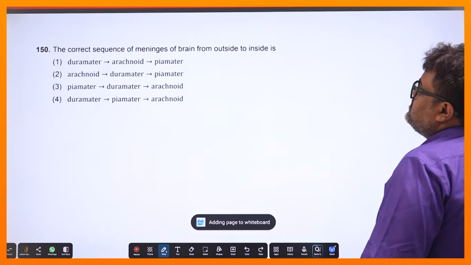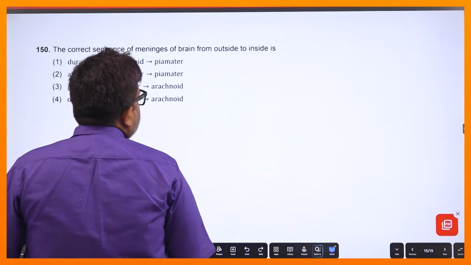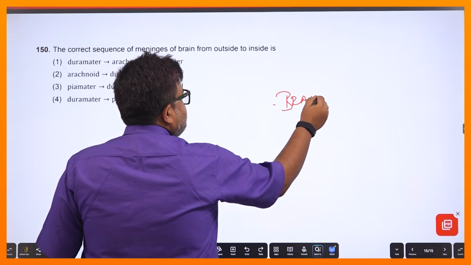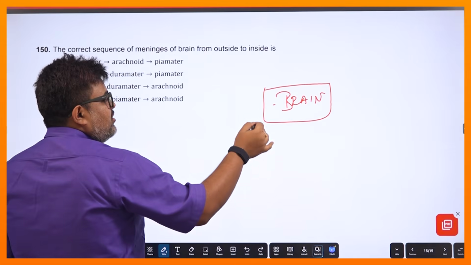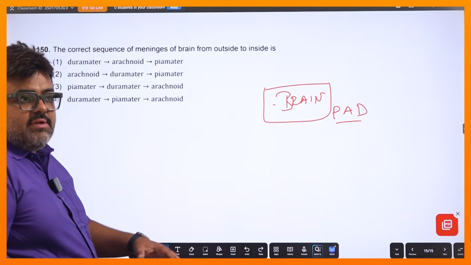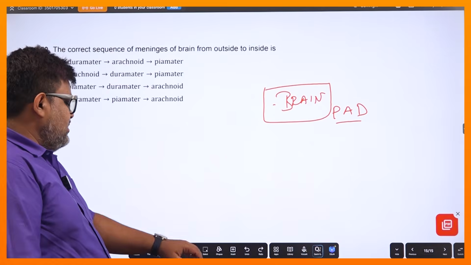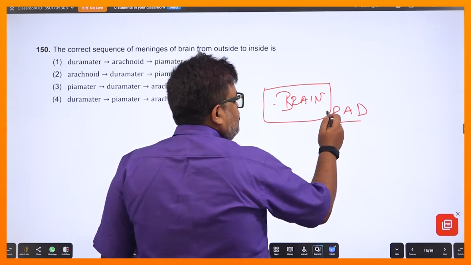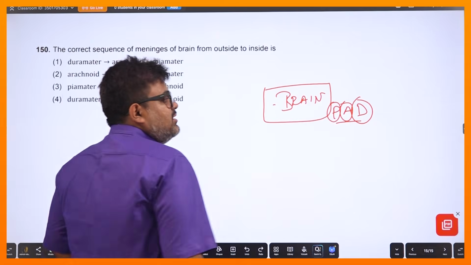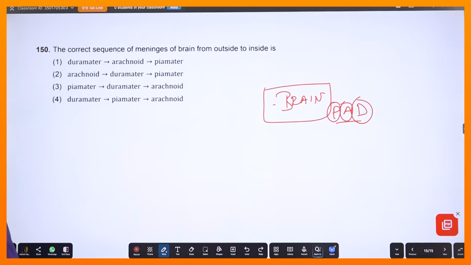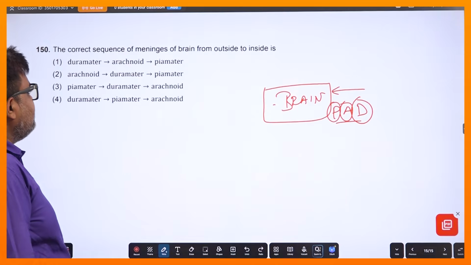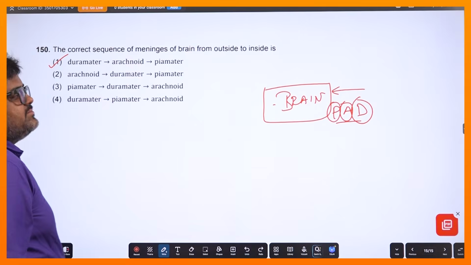নেক্সট যদি আসি, সিকোয়েন্স অফ মেনিনজেস অফ ব্রেন ফ্রম আউটসাইড টু ইনসাইড। দেখ আমি তোকে একটা কথা বলে রাখি, যদি এটা ব্রেন হয়, মেনিনজেস কি করে, ব্রেনের অ্যাক্রসে একটা প্যাডের মতো কাজ করে, প্যাড মানে একটা কুশনের মতো, তাই না? তো হঠাৎ আমি প্যাড কথাটা বললাম কেন? একদম ব্রেনের সাথে লেগে থাকে পায়া ম্যাটার, তারপর থাকে আরাকনয়েড ম্যাটার, লাস্টে থাকে ডিউরা ম্যাটার, ঠিক আছে, তাই জন্য এই কথাটা বললাম তোদের যাতে মনে থাকে। তাহলে যেহেতু আউটসাইড টু ইনসাইড বলেছে, বাইরে থেকে ভেতরে গেলে প্রথমে ডিউরা থাকবে, তারপর আরাকনয়েড, তারপর পায়া ম্যাটার। তো প্রথমে ডিউরা, আরাকনয়েড, পায়া। ওকে,